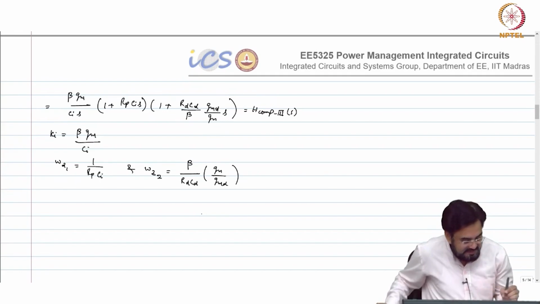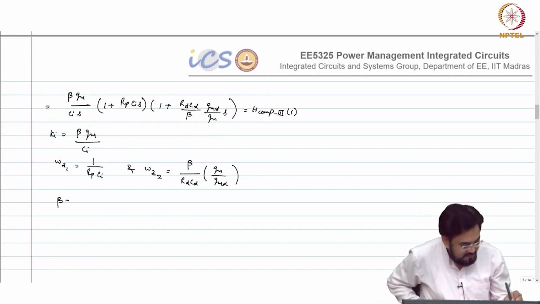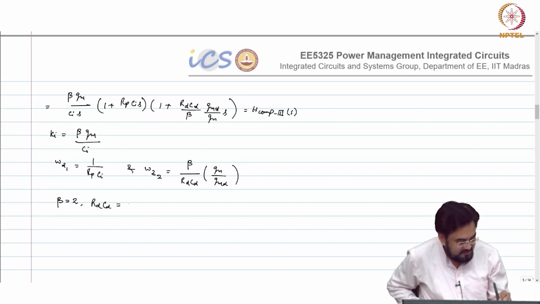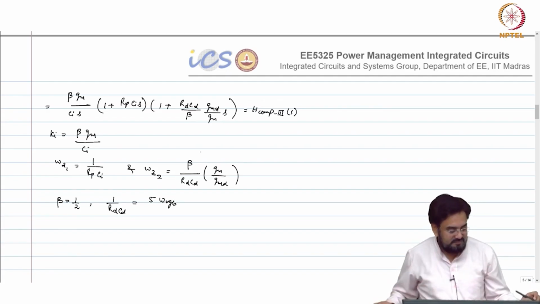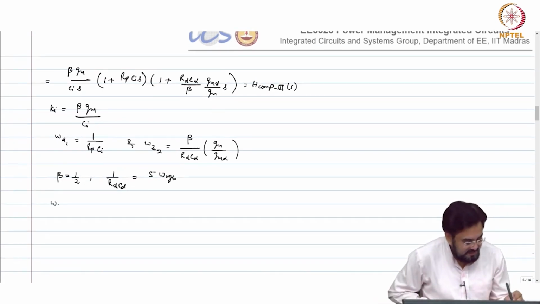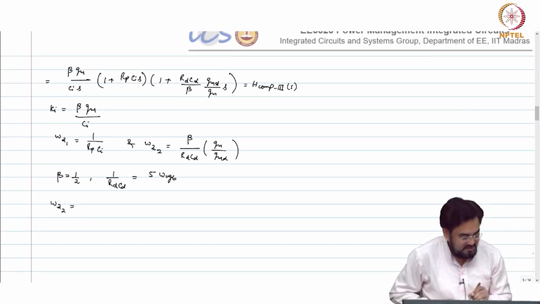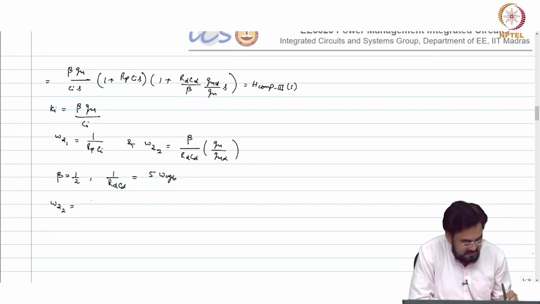Let's say I keep beta equal to 2, so RDCD, beta should be, sorry, half. Okay. 1 over RDCD is, let's say I keep it 5 times of omega UGB. So omega Z2 is where? 1 by